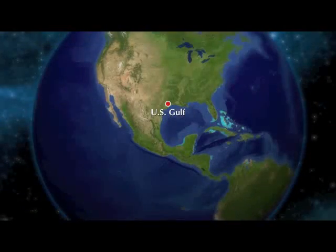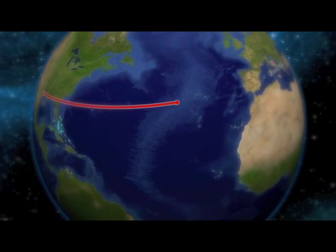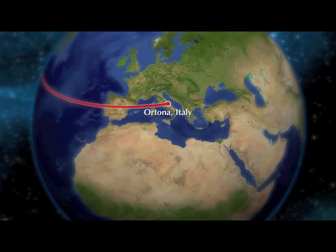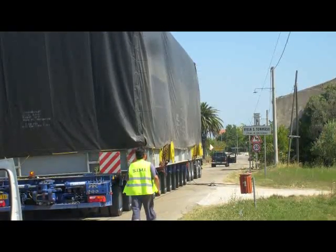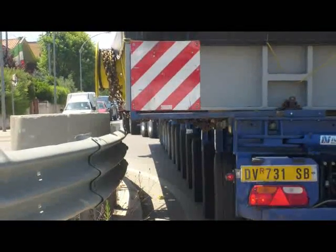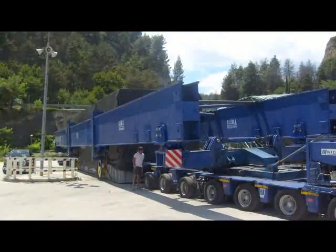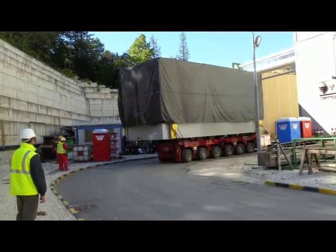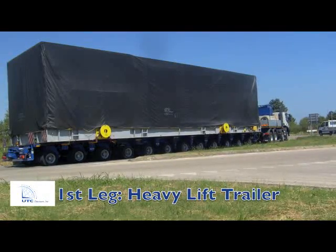the route. Following a 1-month ocean voyage from the United States Gulf, the shipment arrived in Ortona and was safely offloaded over a 2-day period. For land transport of large components like the turbine skid, UTC overseas planners commonly use any one of 3 types of specialized transporters. Sometimes 2 of the 3 may be used to complete a project, but in this case, all 3 were needed. At the port of Ortona, the unit was lifted from the ship onto the first of these,